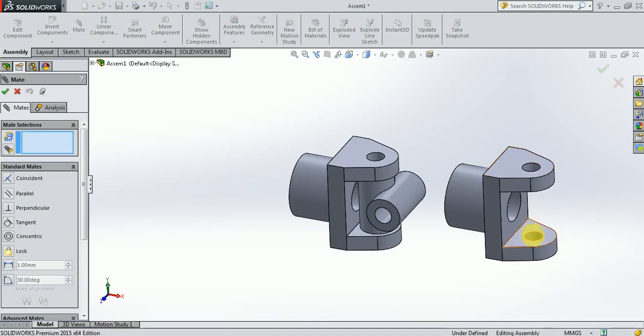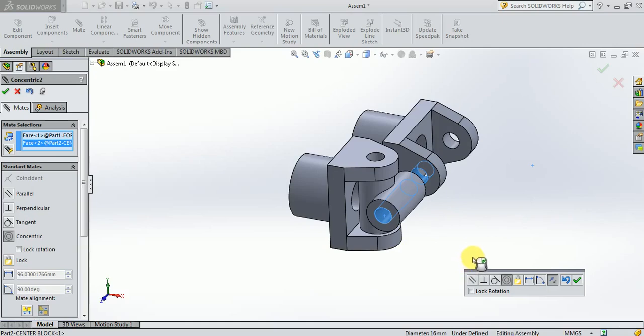Now this particular hole axis should become collinear with the horizontal cylinder axis here. So in the center block we have a horizontal cylinder. The axis of this horizontal cylinder in the center block should become collinear with the holes in the fork here. So how can it be done? I will select this lateral surface and then this one. So once it is done, they will be aligned. The axis of the hole and the axis of this horizontal cylinder are aligned now.